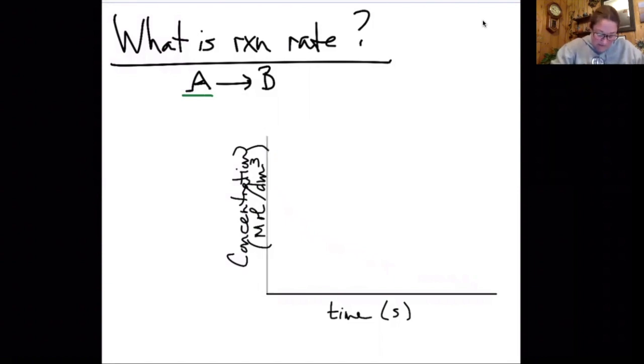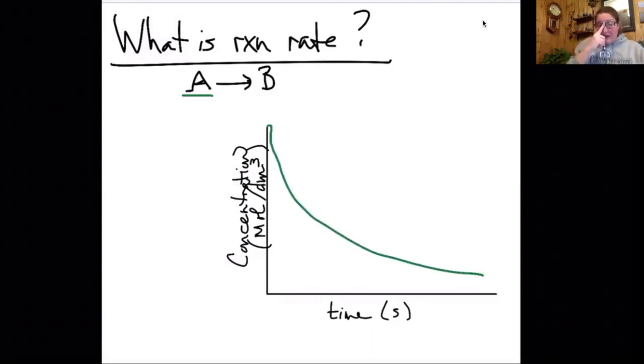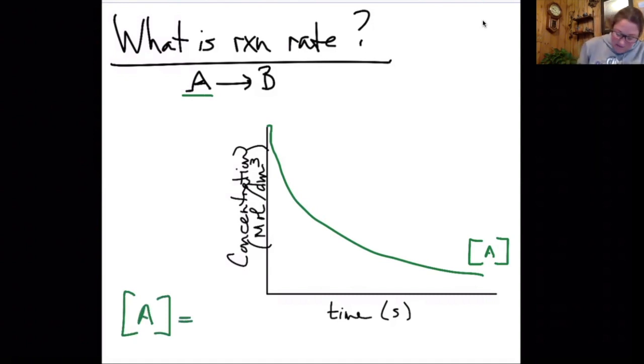It'll decrease rapidly at first, and then more slowly. I could similarly monitor the concentration of B and I would find that it would increase. I'll talk about that a little bit more in a second. We denote the concentration of something in the units of moles per liter, or molarity, using brackets. So if you see square brackets around A, it means the molarity, or the moles per liter